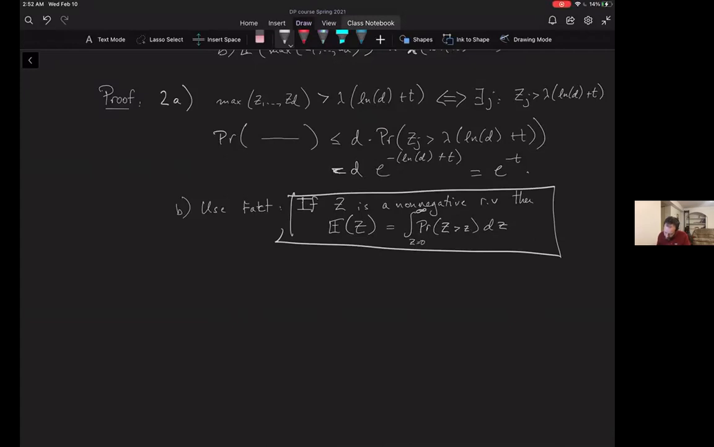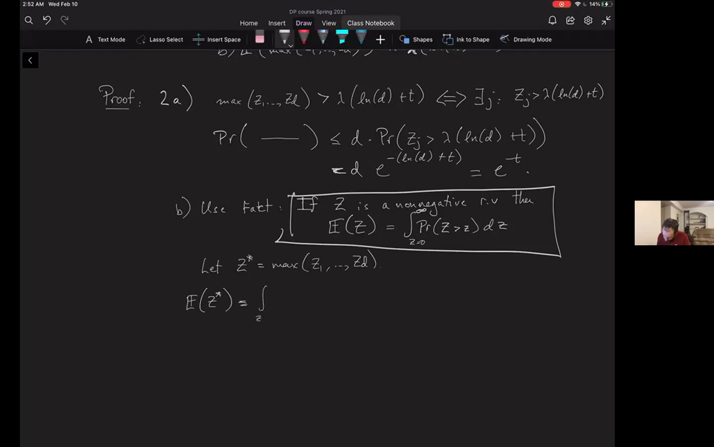Okay, so why does that help us? Well, we're going to apply it to the maximum, right? So let's let z star be the maximum of the zi's. Then the expectation of z star,